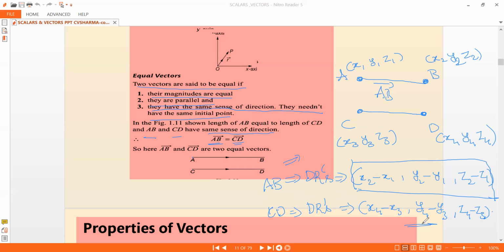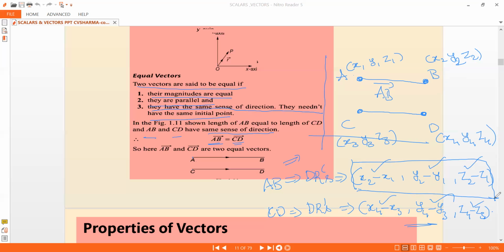These direction ratios will remain the same if you have parallel vectors of equal magnitude. That's why you can say AB bar is equal to CD bar. When you draw the coordinate system, if you have parallel lines and the points are different, the position vectors of A, B, C, D are all entirely different. But when you consider the difference between the coordinates along the same vector, it remains the same for that vector. These differences show the direction in which AB bar is, and these differences show the direction in which CD bar is. That's why they are called direction ratios.